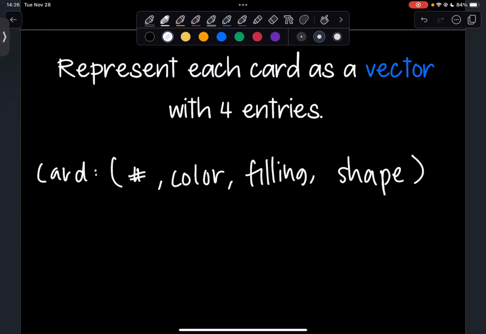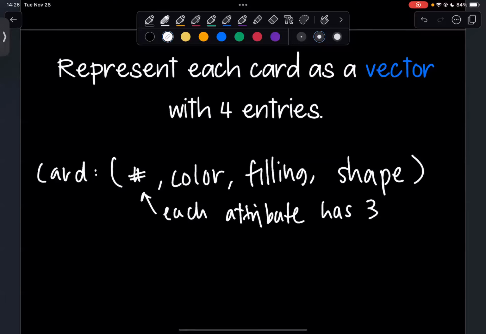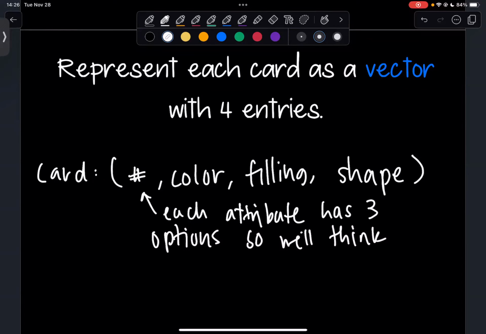So again, we have 3 options within all of these categories, and so this is why we're going to think mod 3. So each attribute has 3 options, so we'll think mod 3. And I'm going to give them all values either 0, 1, or 2 within each category or characteristic.